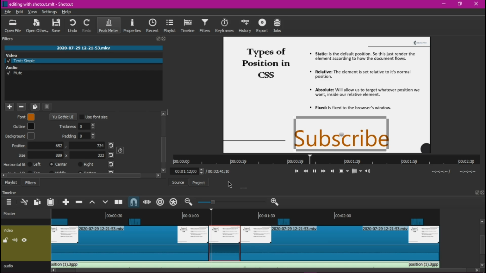So with absolute, you can be able to move your elements freely just within or inside your relative element. And then we have fix. Fix is like